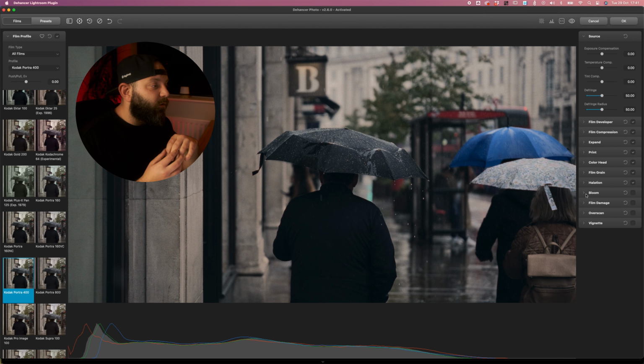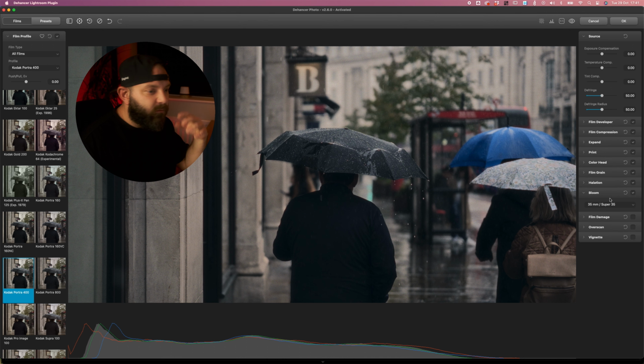I was recently in London and I wasn't sure whether I wanted to put a bloom filter on there. One thing that was great was knowing that I could come back and use the bloom inside of Dehancer, because if you put it on the front of the camera, it's baked into the images. If you decide after the fact, oh, it's too much, it's too strong, I don't like it, it's kind of tough, you're stuck with it. Whereas knowing that I had Dehancer to come back to, it was never even a consideration to put it on. So knowing that I could come back and add bloom, the same as what you can do inside of the halation,